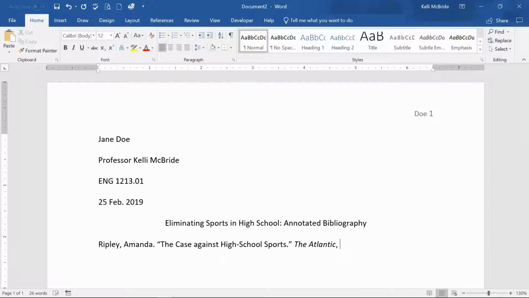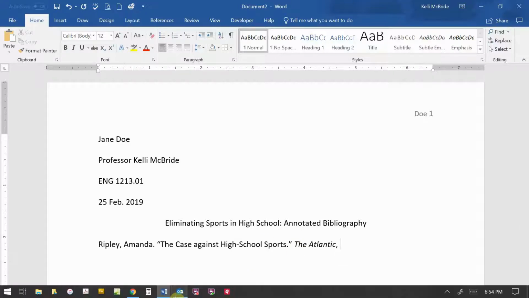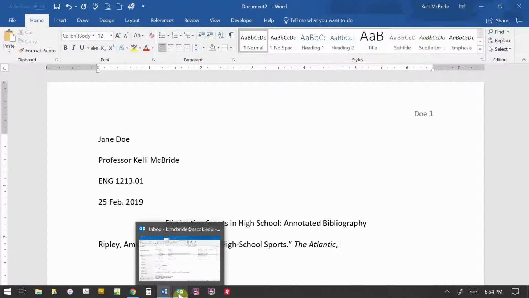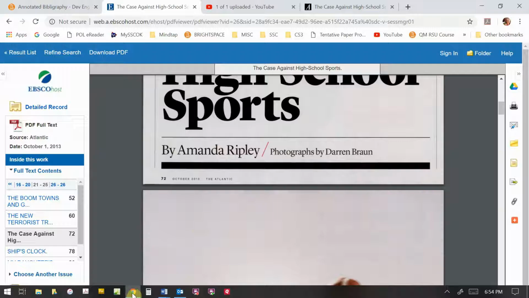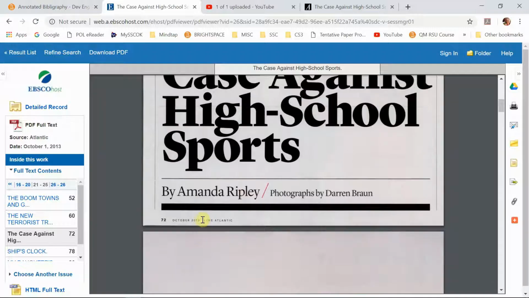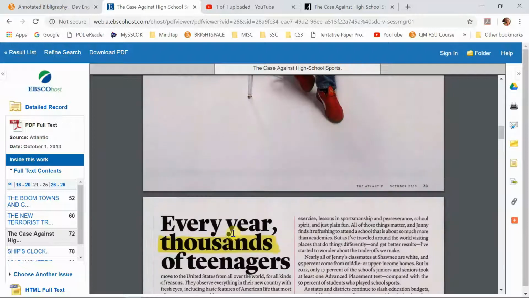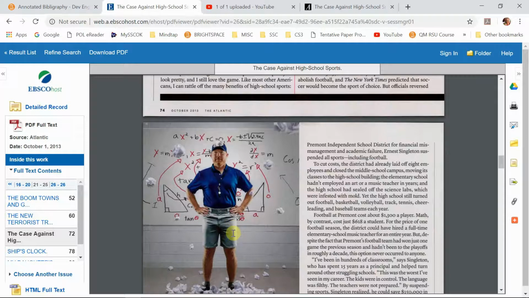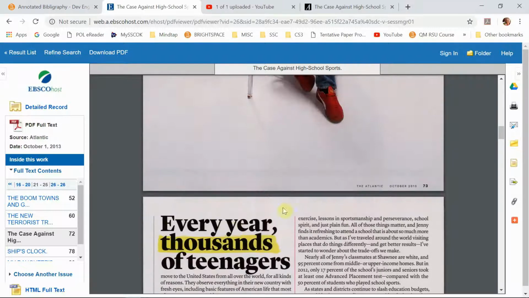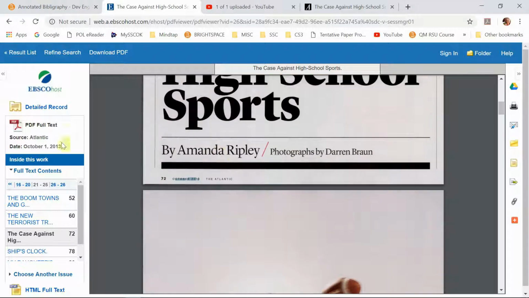Then I'm going to put a comma. The next thing I'm going to be looking for is the publication information. When was it published? So it says October 2013. And there's no other. Sometimes you got to scroll down because the opposite side will give more information. Now, if I go back